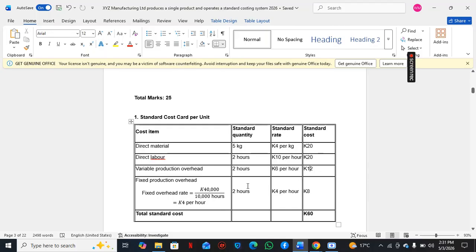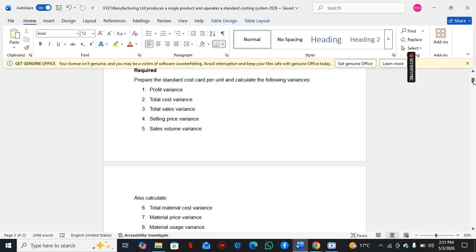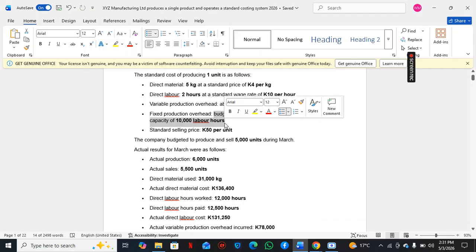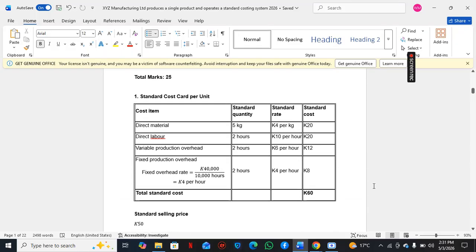Then we need our fixed overhead cost per unit. Remember, they gave us this information earlier here. They said budgeted fixed overheads are 40,000 per month based on a normal capacity of 10,000 labor hours. So, in order to include the fixed cost in the cost card for each unit, we need to first absorb these fixed costs. When we absorb them, that's how we get our overhead absorption rate, which is our fixed overhead cost per unit. So remember, colleagues, when absorbing overheads, we used this formula: